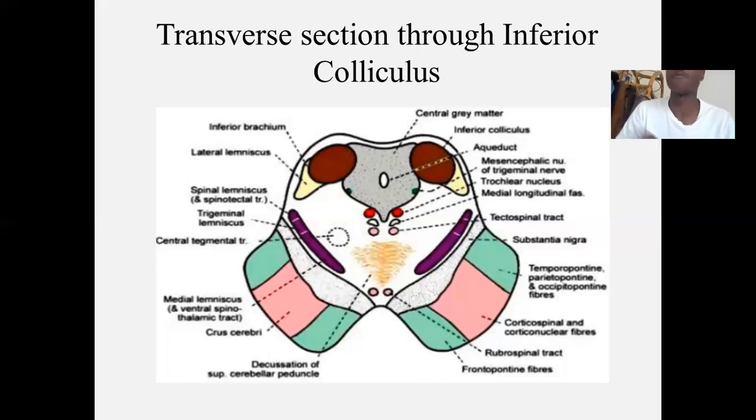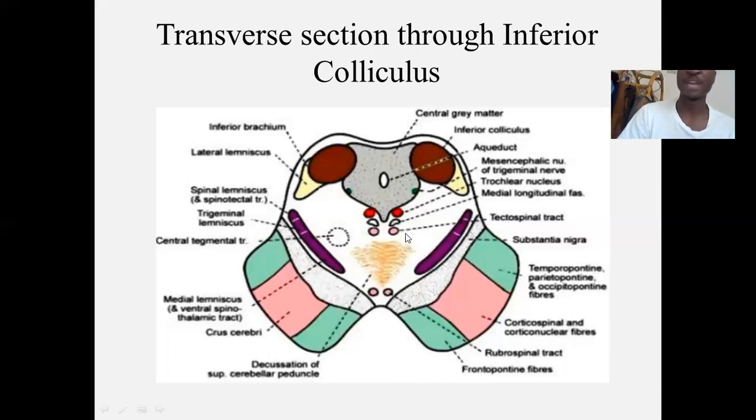So since you have the reticular formation, you're consciously aware of everything that is happening to you, right? But you can't move, you can't talk because everything has been lesioned. Right? So that's a locked-in syndrome. Then if you look at the region of the midbrain, this is going to be your transverse section through the